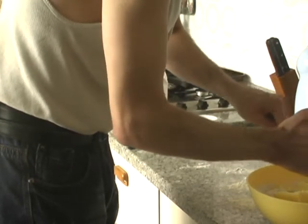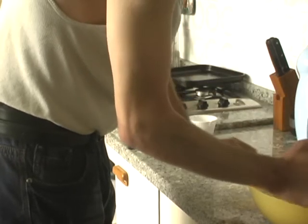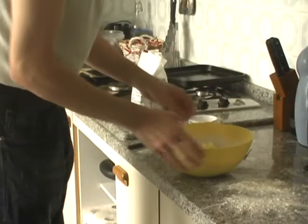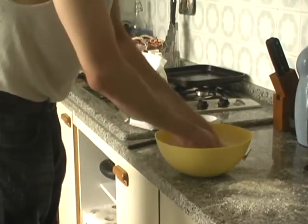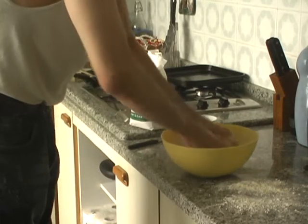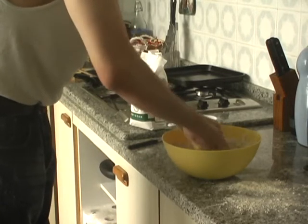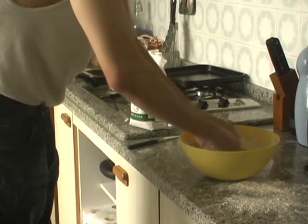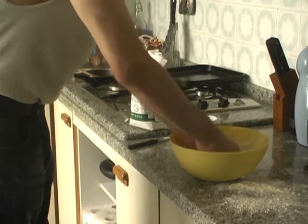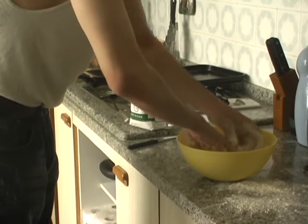Just get it all in there and start working it with your hands. So, we get all the butter out. Now, we just dip our hands into the mixture, cover the butter with flour, and break it down. Get it all mixed together, break the butter and bacon fat into small clumps that mix with the flour. Just do this until it's ready. Just get all the flour evenly covered with this delicious low-fat